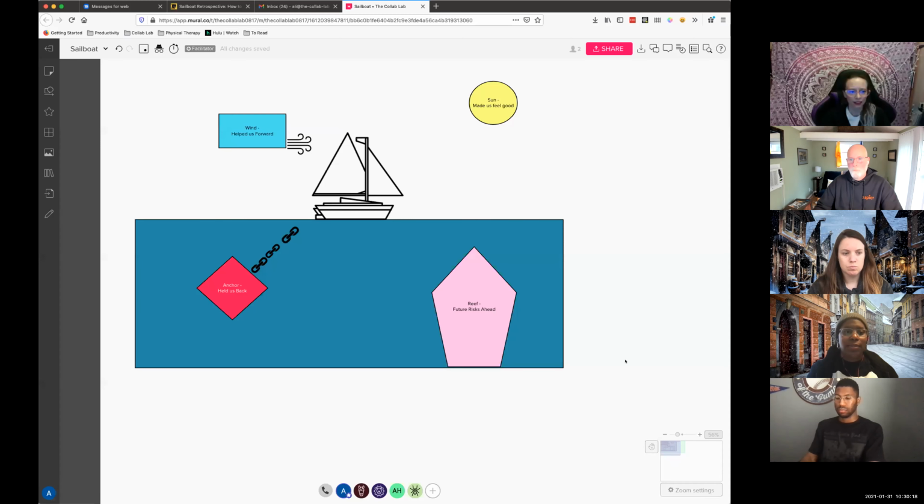Should I share my screen? Maybe share your screen to explain what we're doing. I assume we're all going to add cards and stuff, right? Okay. So can everybody see our sailboat? Yeah. Did you draw that yourself, or was that clip art? The sailboat is an icon, and some of the rest are icons. Mostly it's just shapes.